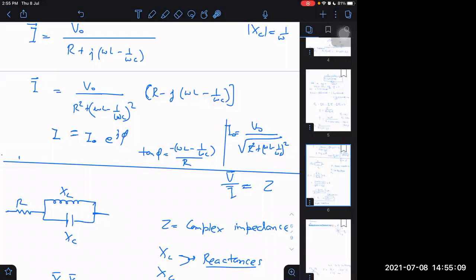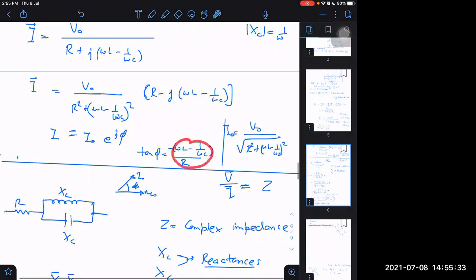But remember, once I have already obtained the phase here, then the phasor diagram is a very simple task for me. It is not tough at all. I will just take a reference line and I will draw I naught like this here, and this is the reference and this is the phase angle phi. But there may be a mistake this way. What is the mistake? Sometimes they want us to find out whether phi is positive or negative. Let us say this phi comes out to be positive, then I will take it in this direction. But if phi comes out to be negative, then I will take it in the clockwise direction onwards. I may take the phase magnitude wise, okay, and then I may represent it in the diagram properly.